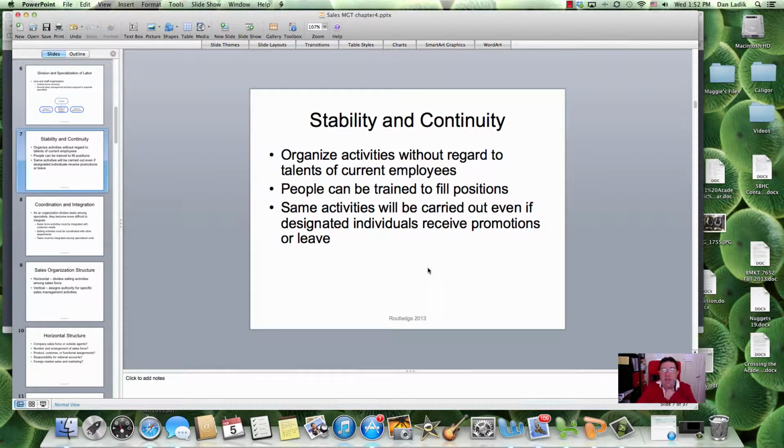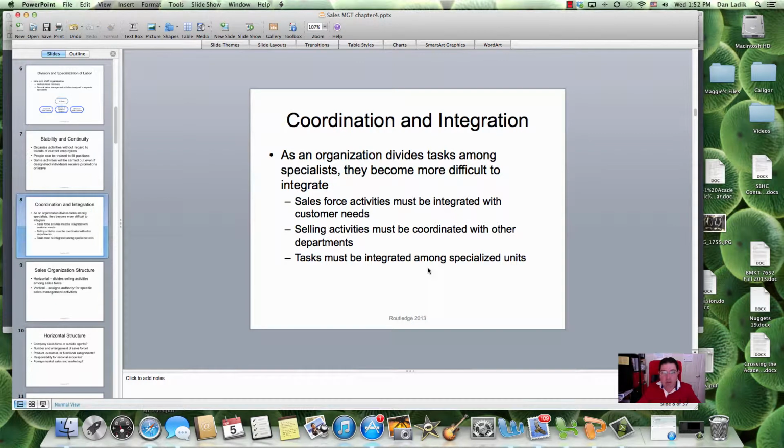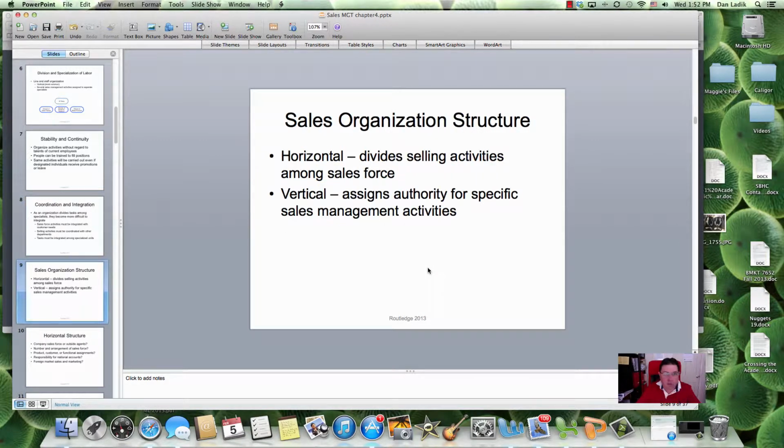We're trying to have stability. We're trying to have control. It didn't come up in this chapter, but role conflict and role ambiguity are two concepts that we're going to talk about a number of times this semester. With role conflict and with role ambiguity, you really want to be as specific as you possibly can as you go further down the line. Obviously, there's a lot of coordination that needs to be taken care of. I want to see some of these structures. Okay, we'll get to them in a second.